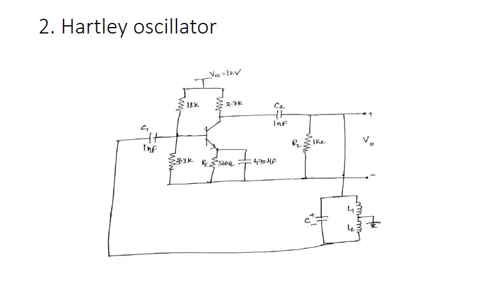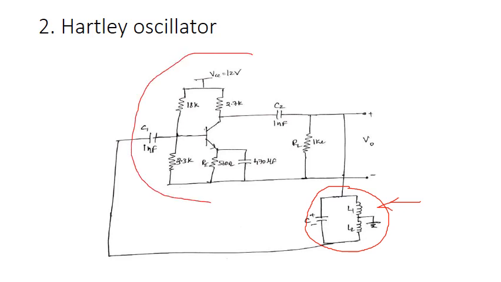Here the feedback circuit consists of two inductors and one capacitor. This oscillator is exactly similar to the Colpitts oscillator, except that the tank circuit consists of two inductors and one capacitor. This is the BJT voltage amplifier stage, which amplifies the